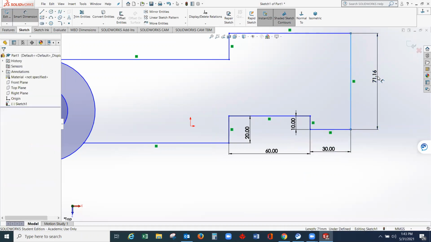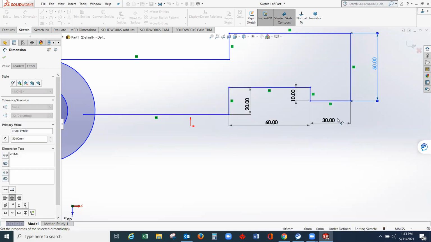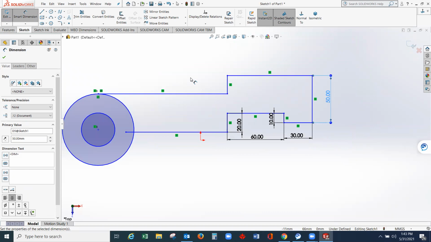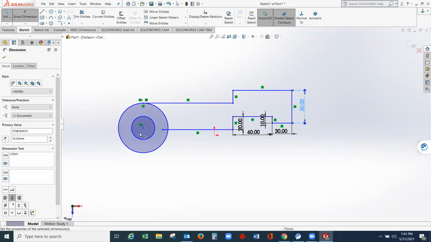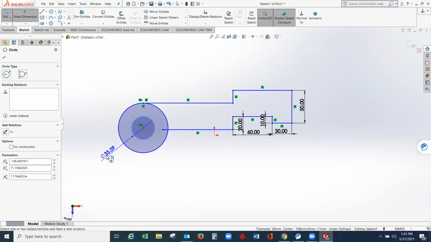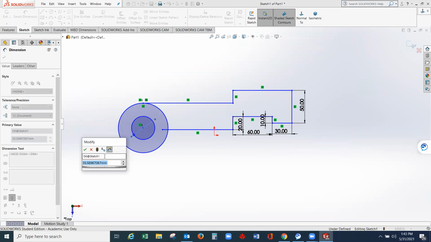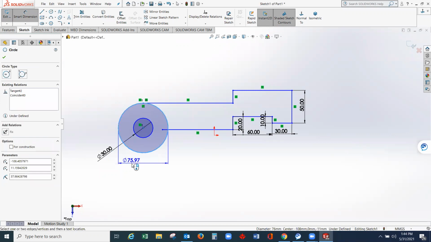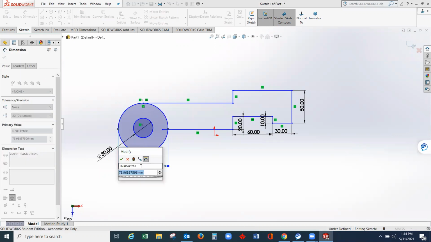This vertical line, 50. Then you have the circle diameter. Let it be 30. And the other one is 60.